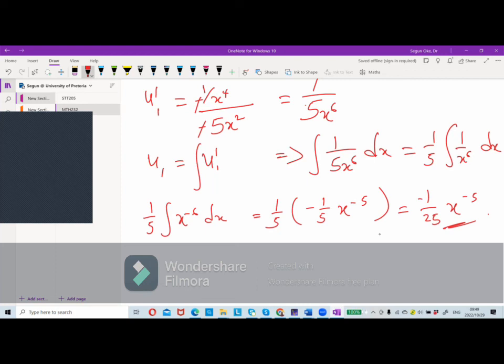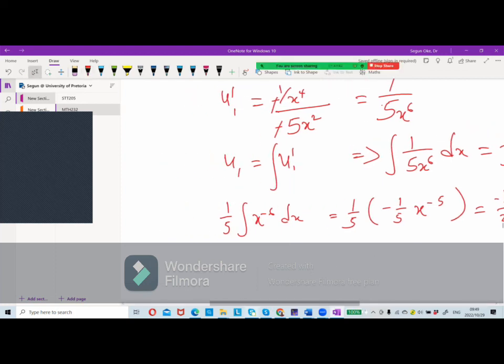That is your U1. We'll do the same thing to U2. For U2 now, we have it to be the integral of U1 prime, U2 prime, which is the same thing as the integral of